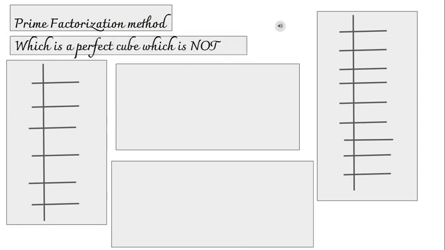Directly we cannot say, isn't it? A cube of a number means any number multiplied three times, then only we get a cube. So how do we know that? For that we make use of the prime factorization method. You all are aware of this method. The method remains the same as when we were learning about perfect squares. In this method, what we do? First, prime factorize the given numbers.